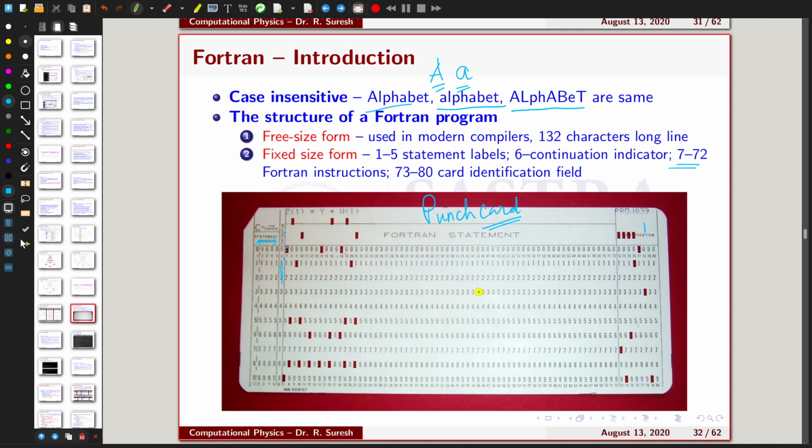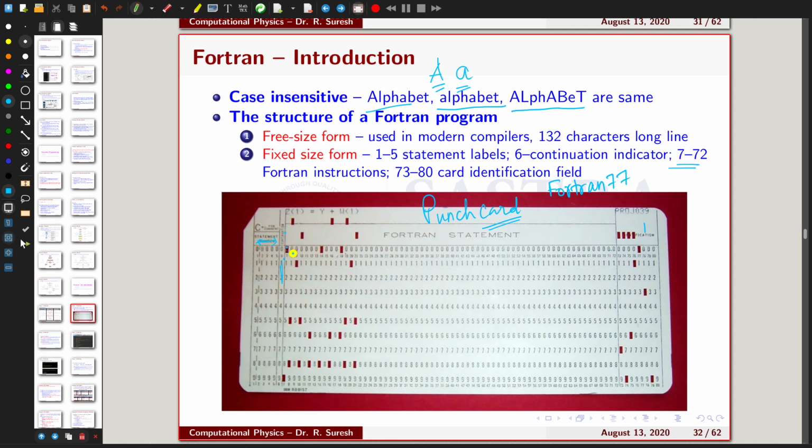The same format is used in Fortran 77 or earlier versions. So if you are writing a program in Fortran 77 or earlier versions, you have to use the fixed size form. That means in your text editor, you have to leave columns 1 to 6 blank.